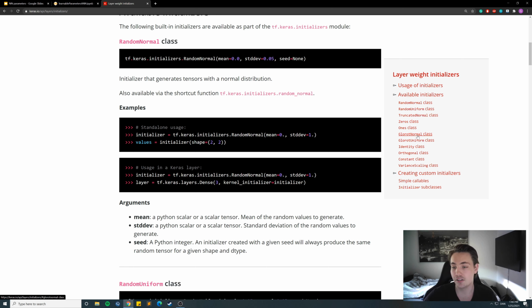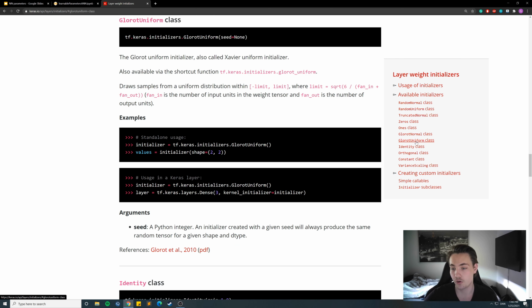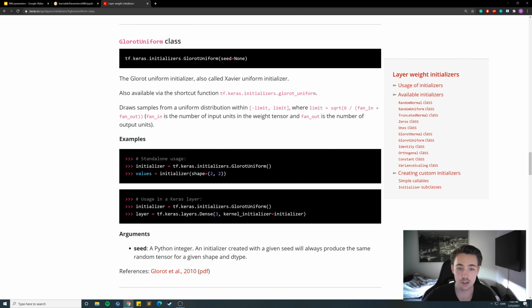I talked about the standard, default one, which is this GlorotUniform class here. We can see that this GlorotUniform initializer is also called the Xavier uniform initializer. It draws samples from a uniform distribution within a negative limit to a positive limit, where the limit is the square root of 6 divided by the fan in plus the fan out, which is the number of